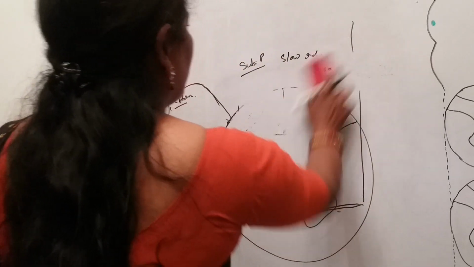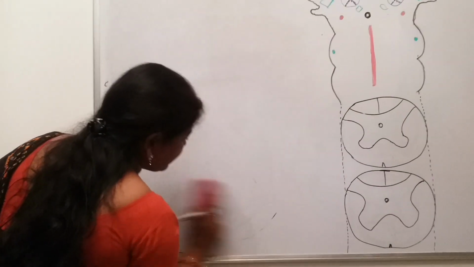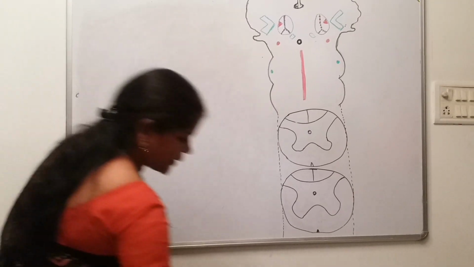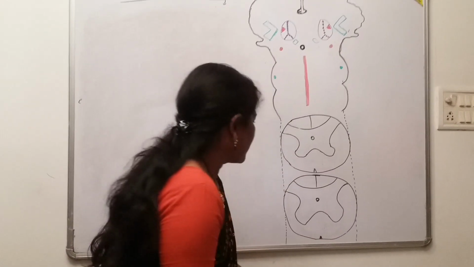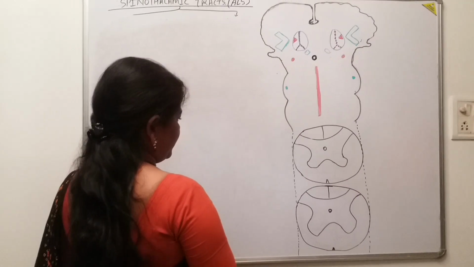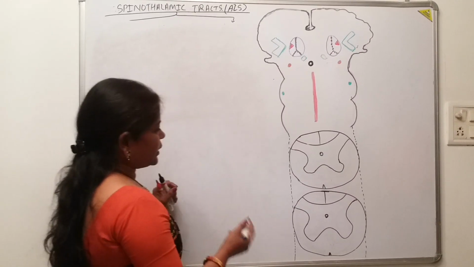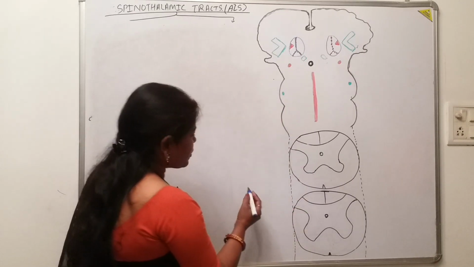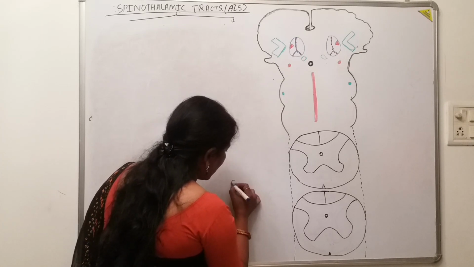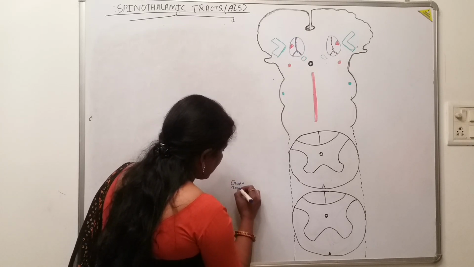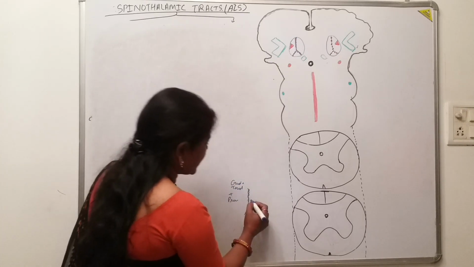Now we will come to the pathways, how they are arranged inside the spinal cord. Look here. Suppose, because in the anterolateral system we have discussed all the fibers are moving upwards, suppose this is the fiber of the crude touch and pressure. Okay, the receptors for the crude touch and pressure.